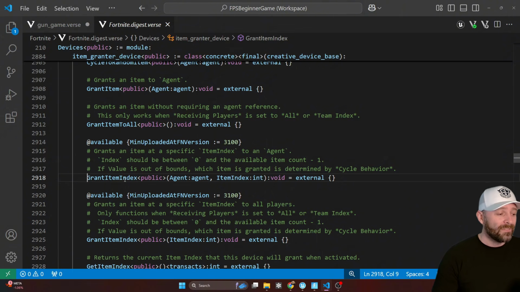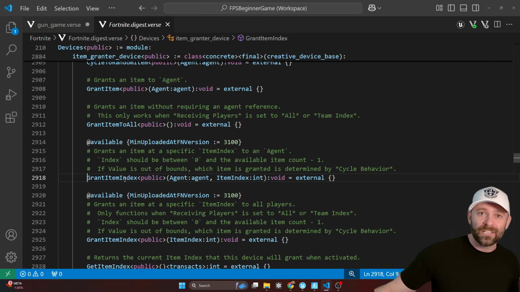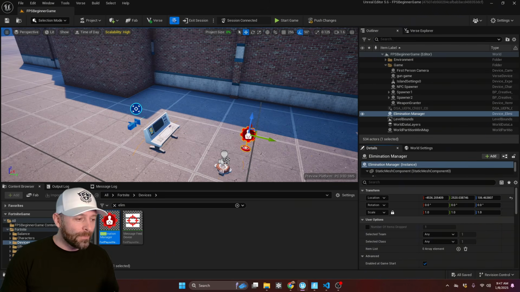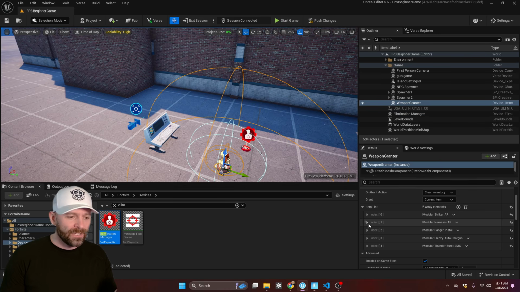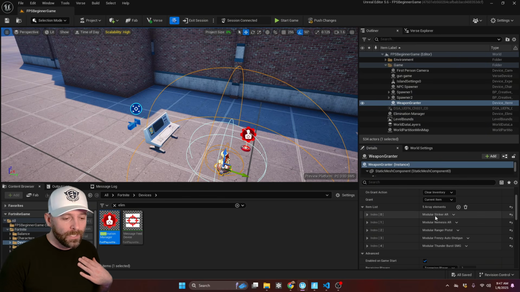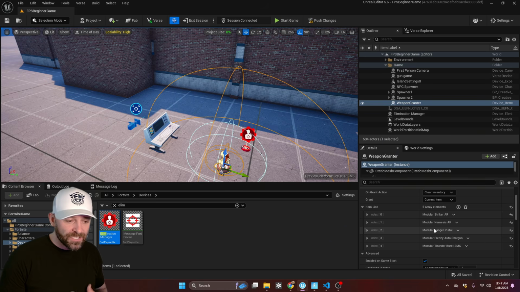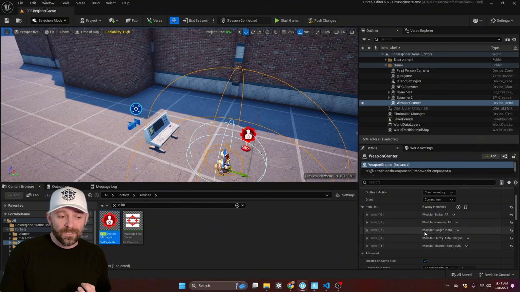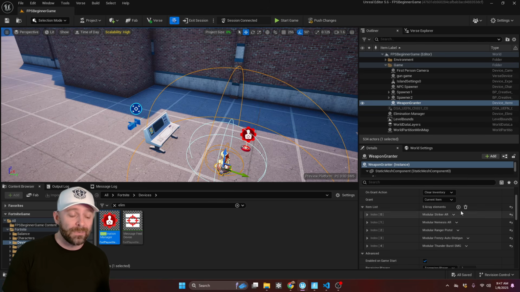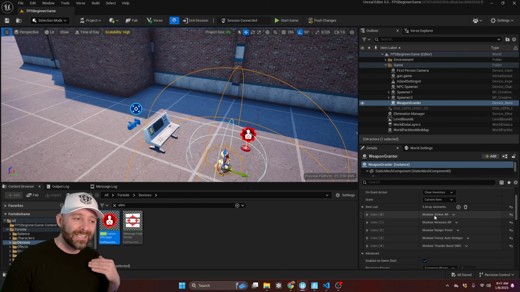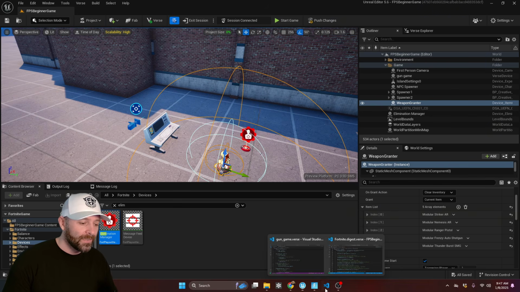In our case here, that weapon granter we dragged in, we're just trying to give it a weapon at a particular index. So if I go to my weapon granter here and say I've killed 2 people, I killed someone with this gun, I killed someone with this gun, that means I should be on index number 2. 0, 1, 2. 2 is the index I need to assign, because that's the order in the weapon list. If I switch these around, it's gonna be a different gun. The order that I put things in this list is very important because I'm using indexes to tell us what we should grant. So back to our code,